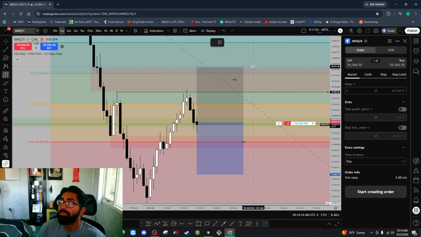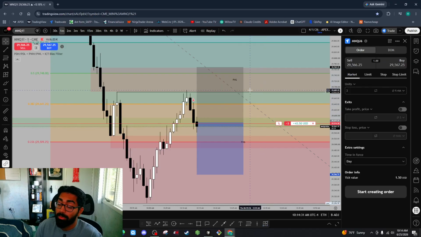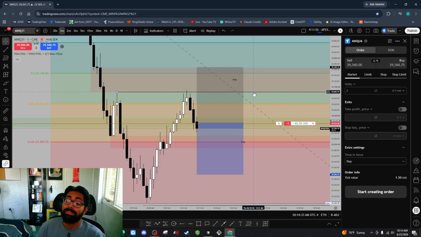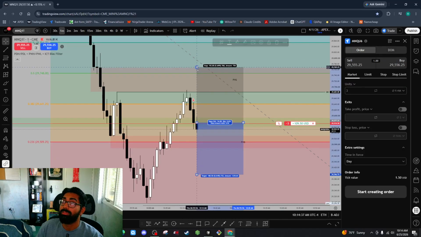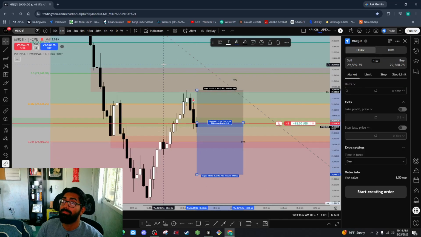So the point differential from here to here, it's 200 points. 200 times 2 is 400. 500 divided by 400 is less than 2. It's just a little over 1. So 300 is good risk. Or 300 is, 3 micros is a lot of risk if this is my stop loss. Now, if I just pick the prior high, it ends up being perfect.